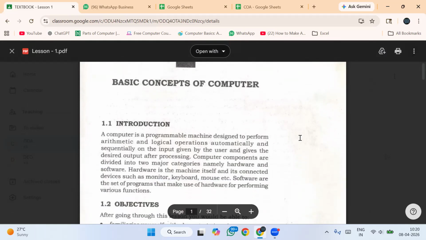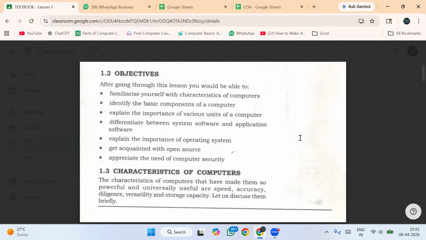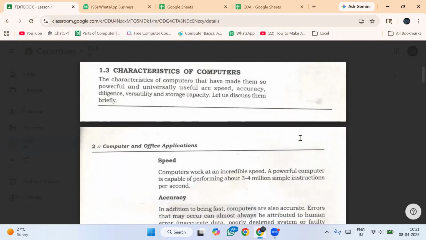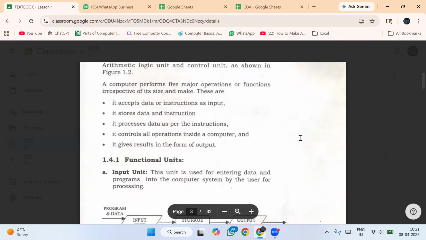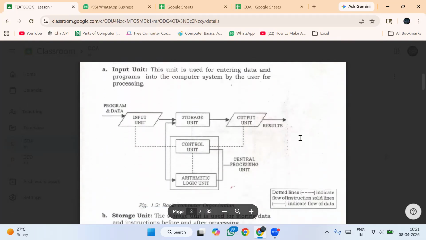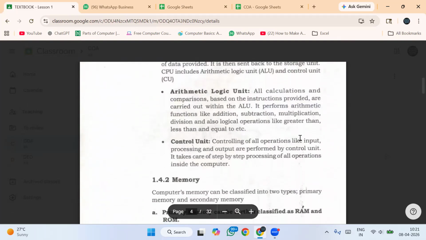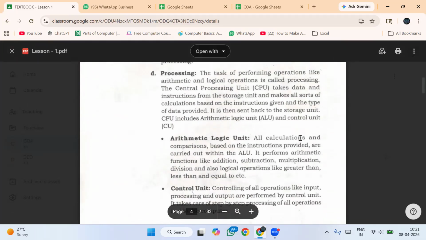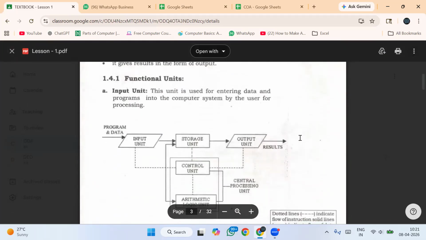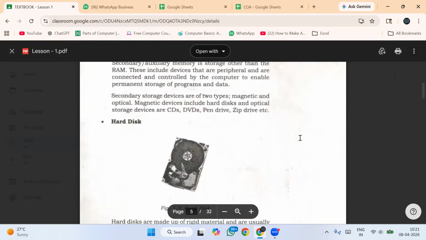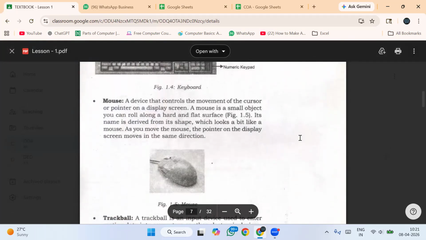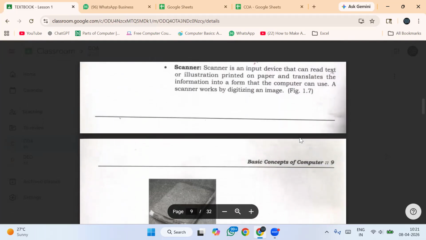So first of all, it is introduction. Let me introduce the chapter. Then we have objectives. What is the objective of the chapter? Then we have the characteristics of the computers. Okay. Then we have functional units, how the computer is divided into units function wise. Then functional units in detail. Then you have input output devices, various kinds of input output devices,